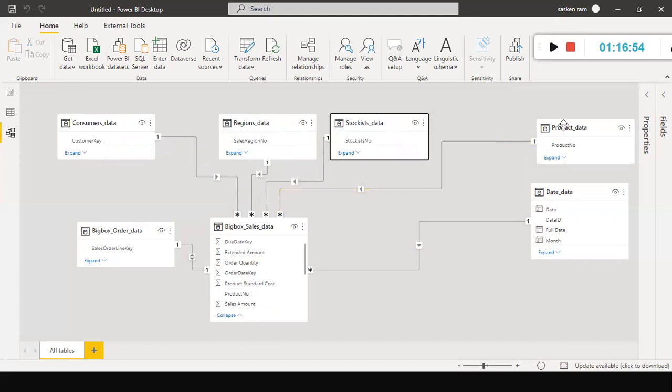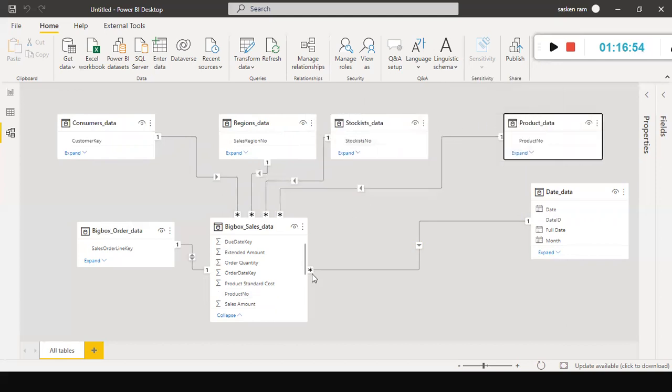It's already late for me, so we will continue this session tomorrow. In tomorrow's session, I'll show you the role-playing dimension. Now itself I could show you, but because of the timing, in the interest of time, we will continue tomorrow, same time between 4 to 5.